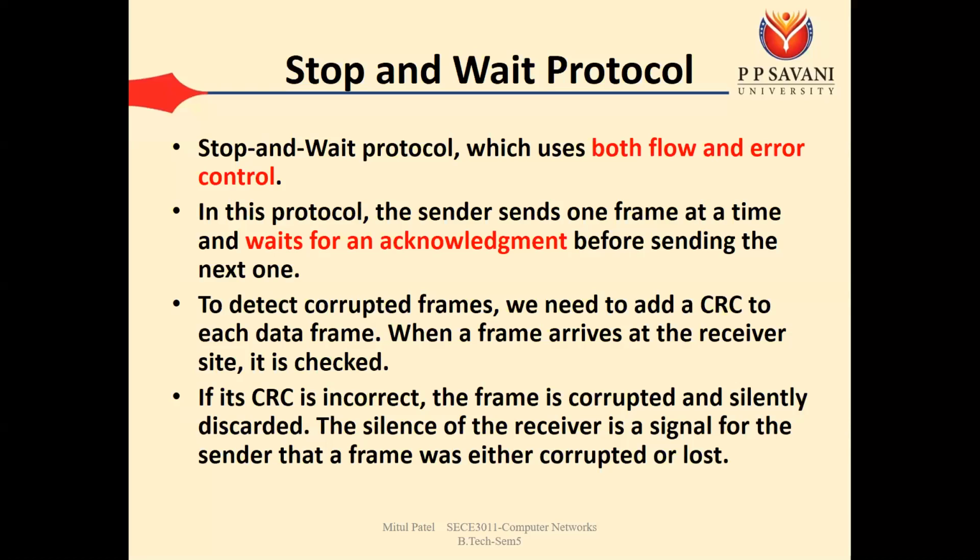If your frame is corrupted, the receiver will know by performing the CRC calculation that the frame was corrupted during transmission. Once the receiver knows the frame is corrupted, it will discard it from the communication entirely. Then there is no acknowledgement sent to the sender. When no acknowledgement arrives, the sender will assume that the frame is corrupted or lost during transmission, so the sender will resend that frame again.